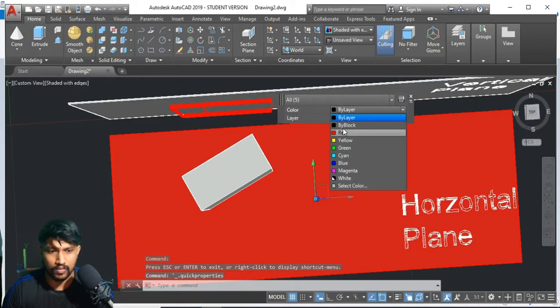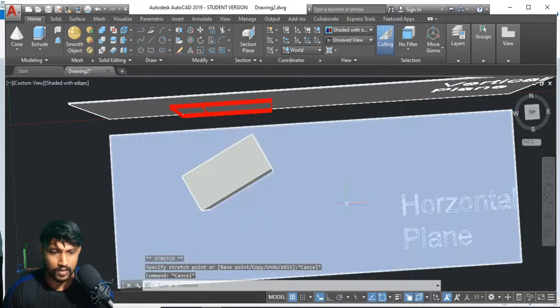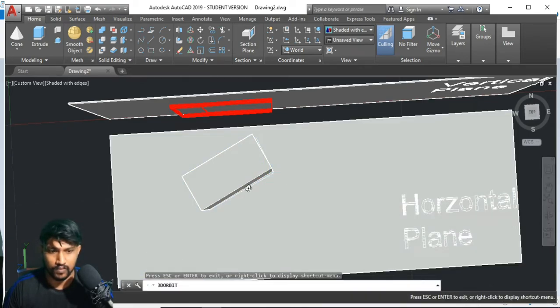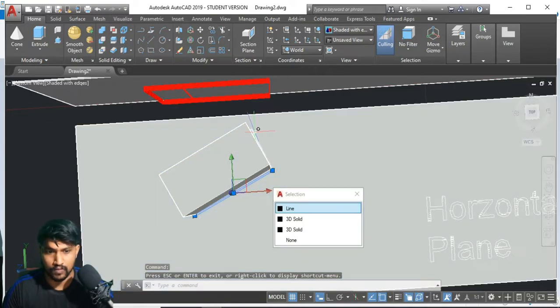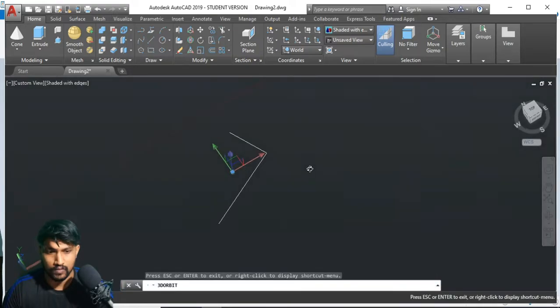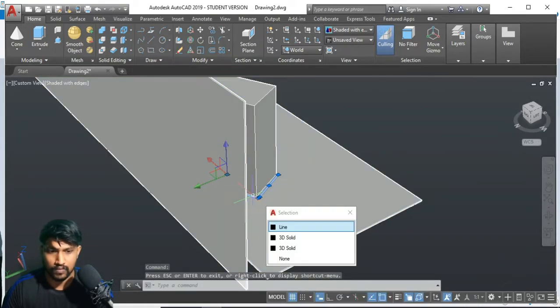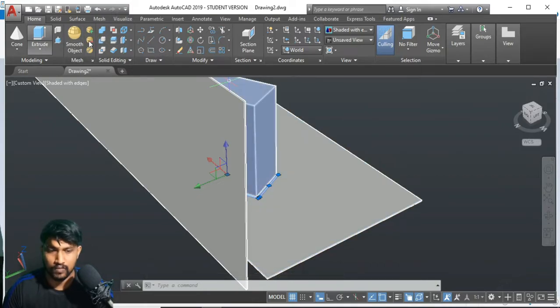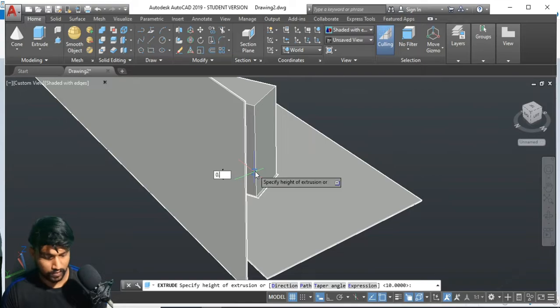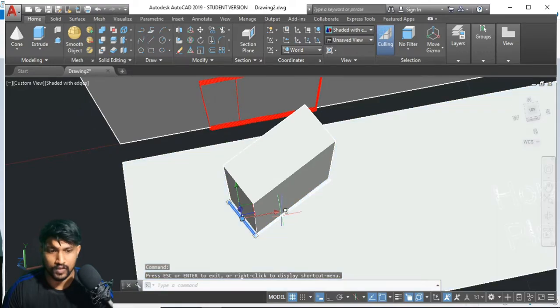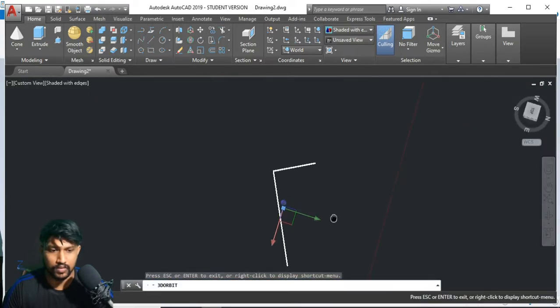So I'm going to give a color for that one. Then since I haven't joined these things, it is just going to produce a surface.